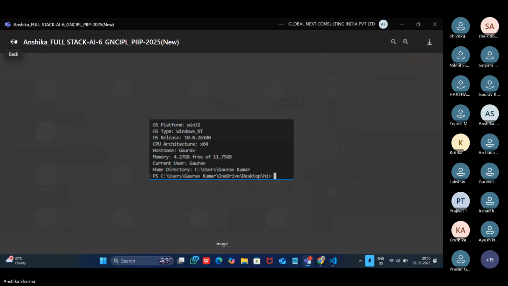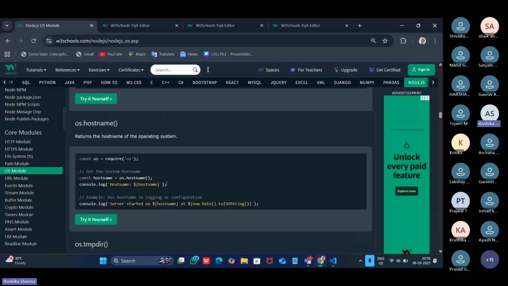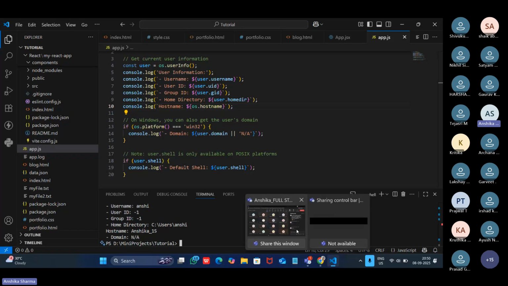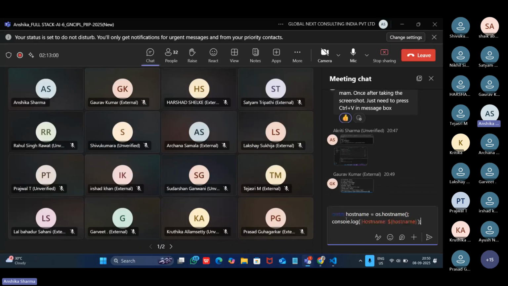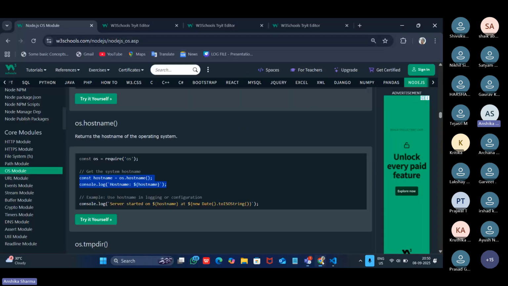Okay, good. So to check your host name, just add these two lines and you will get information about your host name also. In the previous example, we have already seen this about the host name, and you will get the current host name of the host that you are in right now.